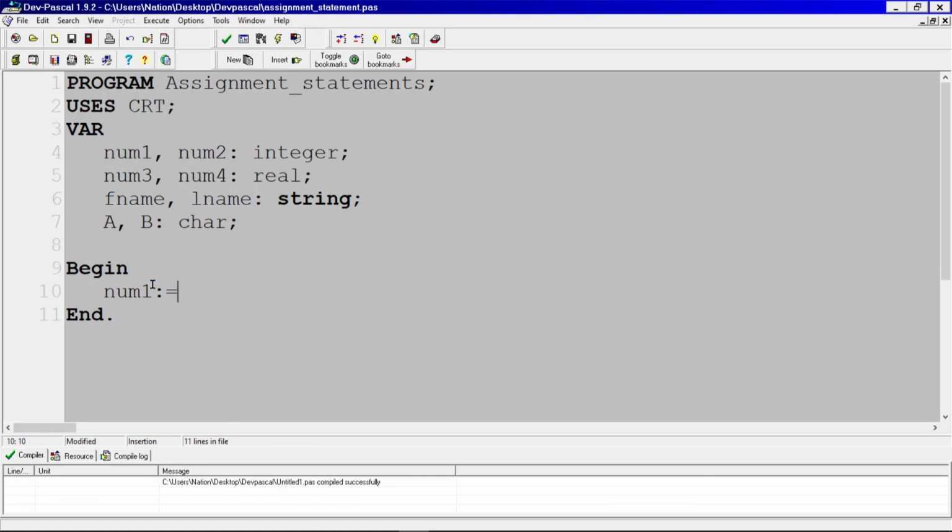So I'm going to put a value for num1 as 10, num2, I'm going to put a value of 20, num3, I'm going to put a value of 2.4,